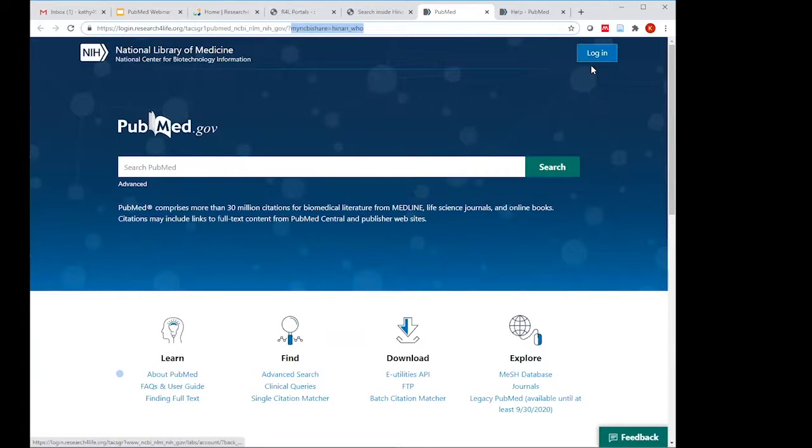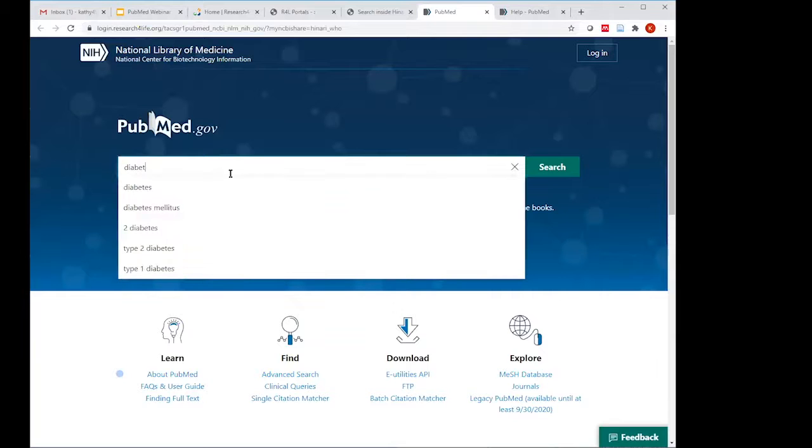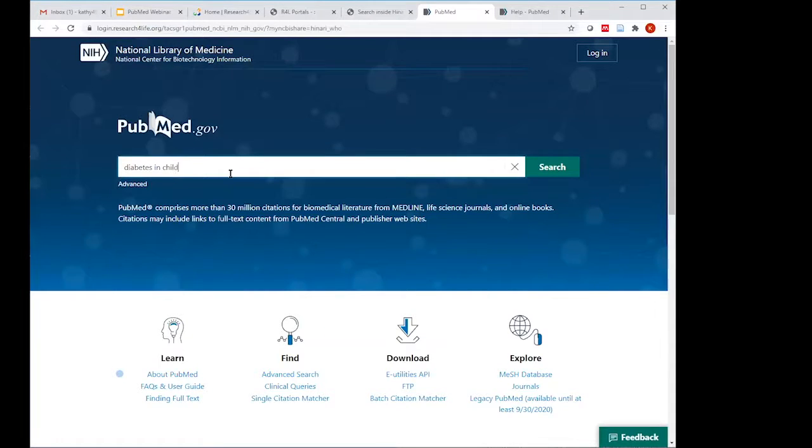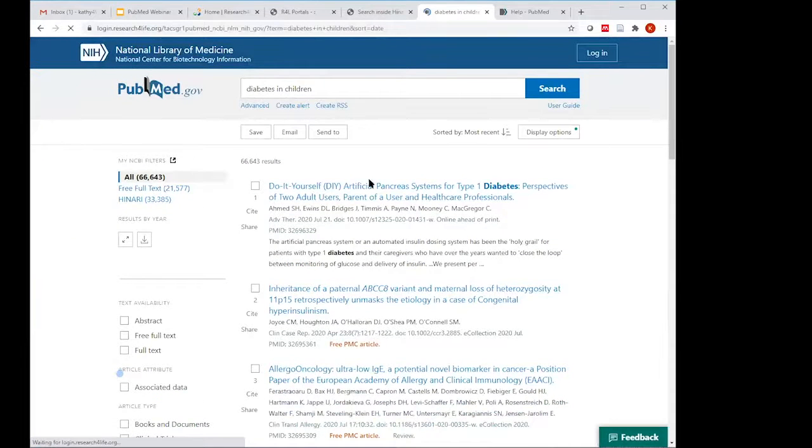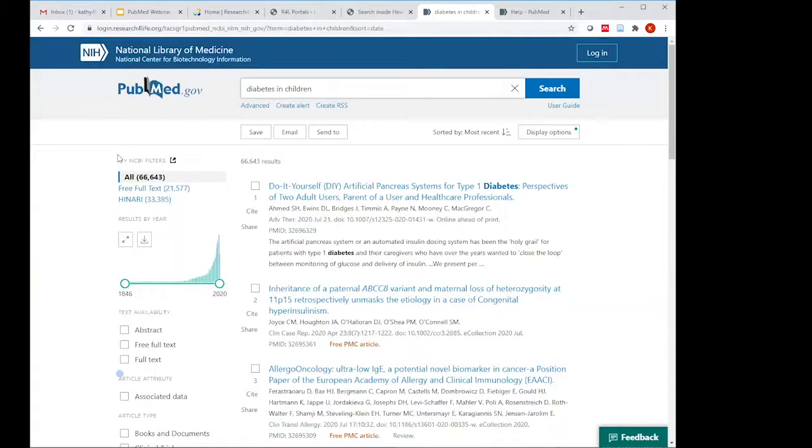And here's the My NCBI here. I haven't logged in yet, all right? Because I want to show you how to do it. So I just do my favorite search, which I talk about. And you can see it set up the filter for you, which is the Hinari filter, which is supplied by Hinari